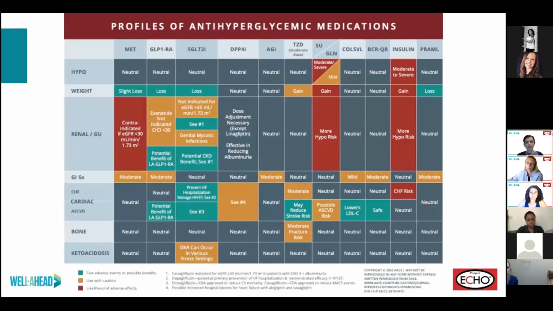And then this is my last slide, and I really do go to this a lot. It's a friend sitting in clinic on the wall. So when you think, what should I put them on? And you're rushing and you're kind of, gosh, what do I do? What's better, pioglitazone or sulfonylurea or SGLT2s? This is a wonderful resource from ACE. And they show kind of the big ones. So if the patient is having hypos, which medications to do or not to do. If they have bone disease, maybe we don't do TZDs and so on. So this is a nice table that tailors some of the stuff we talked about. And that's my last slide